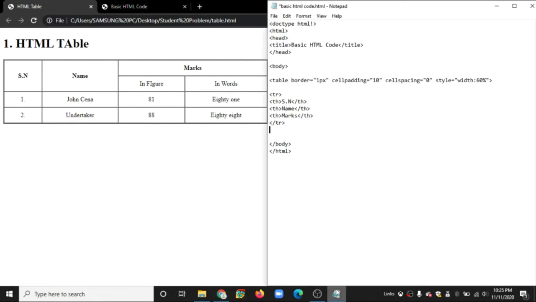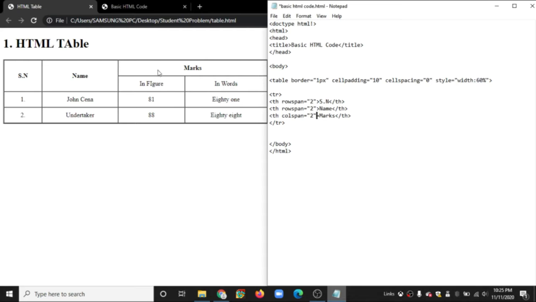To get this, we have to use table head with rowspan equal to 2, and table head with colspan equal to 2. The colspan 2 means we have divided this single table head into two parts.